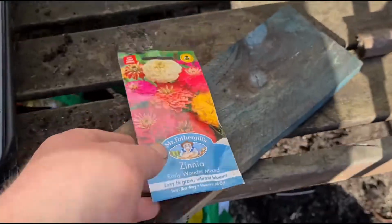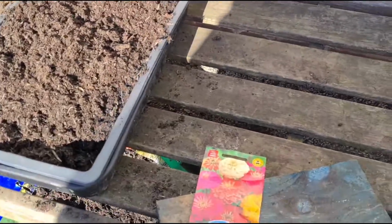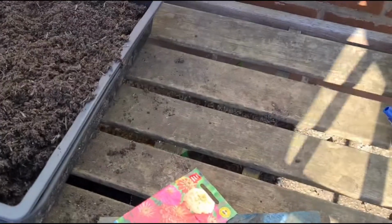So let's get this open, shall we? Have a look inside. Thank you for bearing with me a little bit here, folks. Right, need to move this out of the way so I can get a bit closer. So, about this, folks. And here we go. It says,